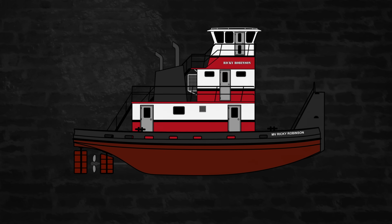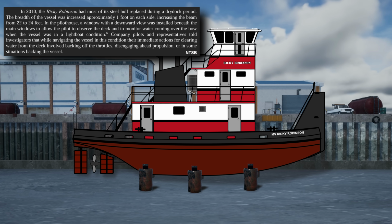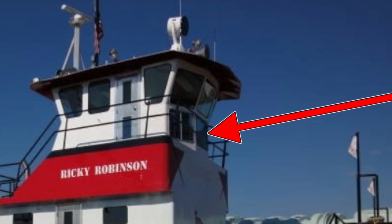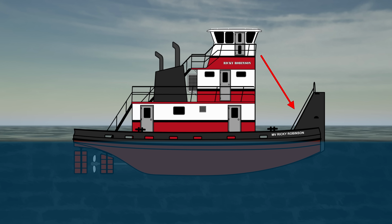From the NTSB. In 2010, the towing vessel Ricky Robinson underwent an extensive dry dock period to replace most of the steel hull at the company's shipyard in Memphis, and its beam was increased by approximately 2 feet. In the pilot house, a window with a downward view was installed beneath the main windows to allow the pilot to observe the deck and to monitor water coming over the bow when the vessel was in a light boat